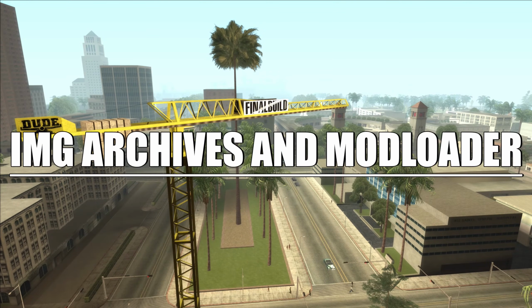There's an important thing to know about priorities. We haven't covered it yet, but ModLoader can also load IMG archives, and some mods that add a lot of really high resolution textures will place the textures inside IMG archives for optimization reasons, instead of just giving ModLoader thousands of large files to load. But you should know that IMG archives will always have a lower priority in ModLoader than files loaded outside of